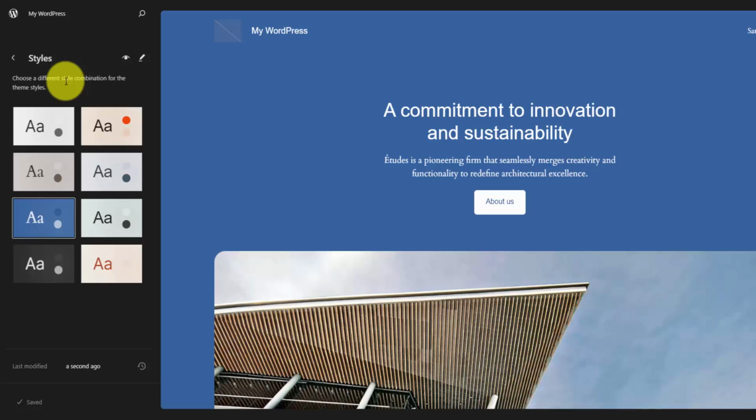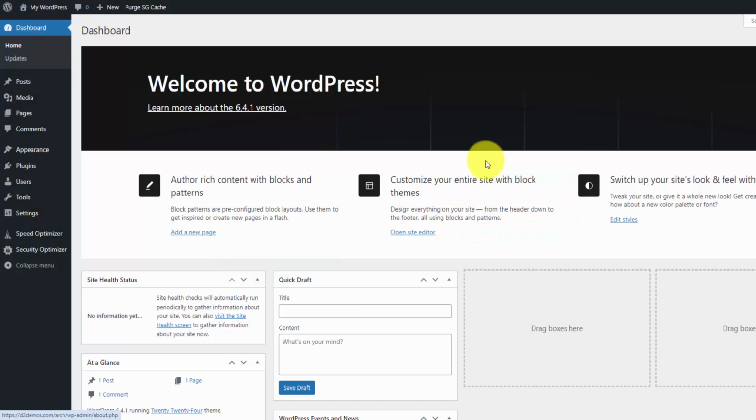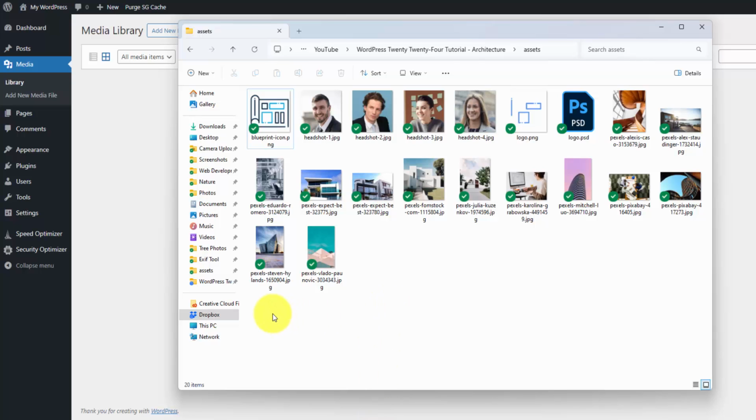with uploading the media that I have to fill out this design. So I'll go back here, or we can click this My WordPress button, and it looks like this isn't linked. I got to click the icon, and that'll take us back to our dashboard. So I'll go over to the media, and I have a folder open here with all these files, which, by